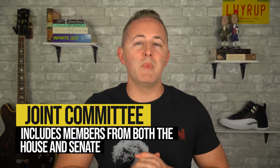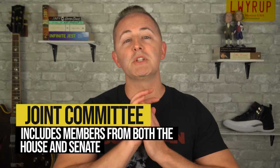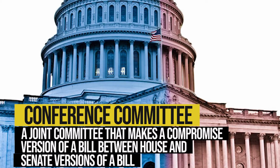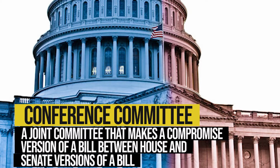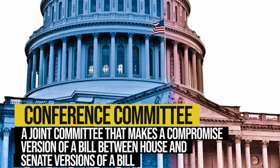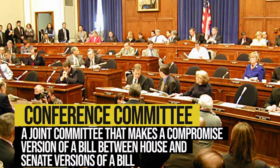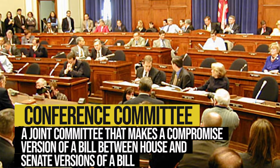Joint committees include members from both the House and the Senate on the same committee. The most important type of joint committee is a conference committee, which is formed when the House and Senate pass different versions of the same bill. Since the bills aren't exactly the same, they can't be sent over to the president to be signed into law. So the conference committee, made up of both representatives and senators, attempts to make a single compromise version of the